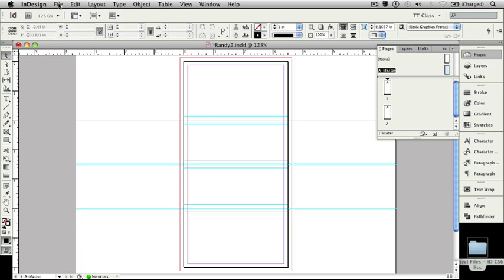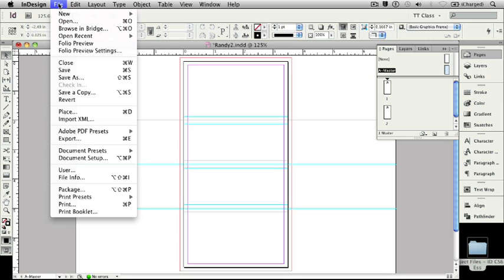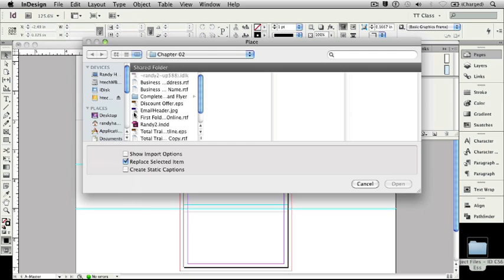To do that, we're going to go to the File pull-down menu, and we're going to select the Place command. We can see that the keyboard shortcut is listed over here as Command D. If you're working on a Windows system, the keyboard shortcut would be Control D. I'm going to click on that menu command, and when I do, it's going to bring me to the Place